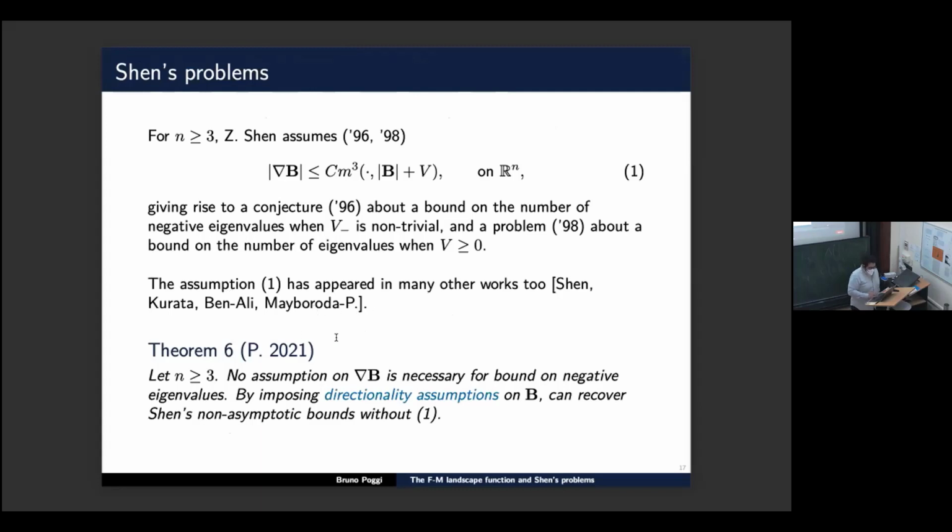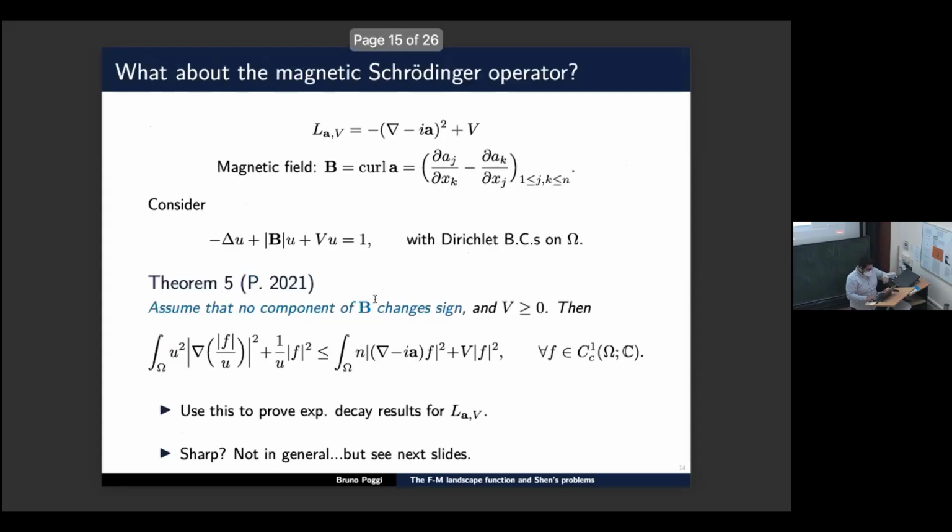So the theorem, well, this is not written with full details, but the point is that you don't need any assumption on the gradient of the magnetic field to obtain these bounds or the other results in the literature. They all follow as corollaries of this previous theorem I had here. Well, corollaries of this uncertainty principle and the machinery of each of these papers, right? You still need to do whatever they did, but